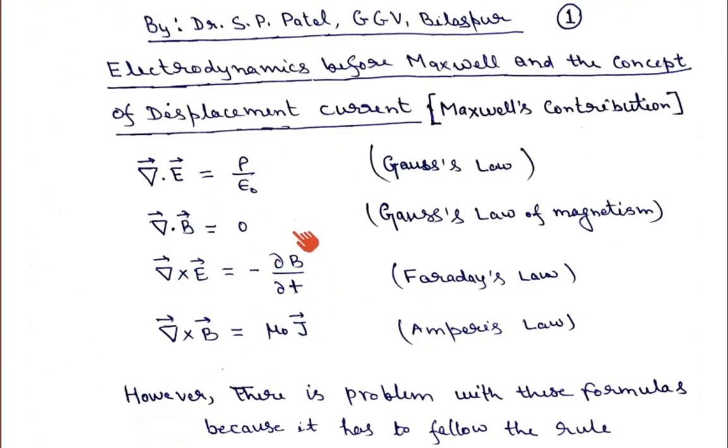this changing magnetic field induces an electric field, and that induced electric field is non-conservative in nature, which is why del cross E is not equal to 0 and is equal to minus del B upon del t. This del cross E equals minus del B upon del t is what is known as Faraday's law of induction, and that is what we have learned.